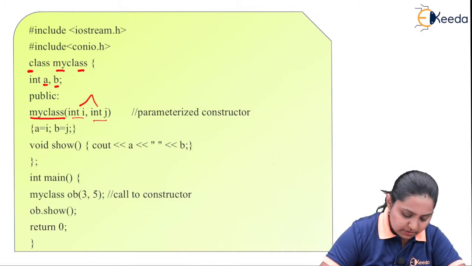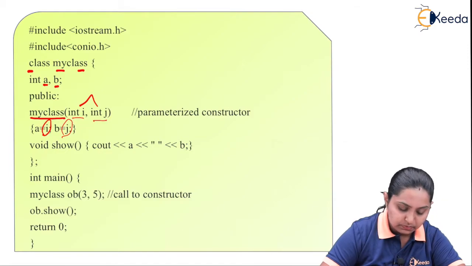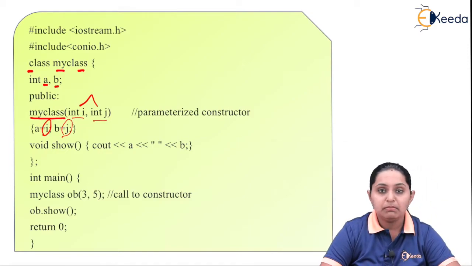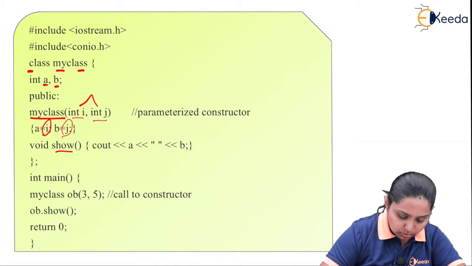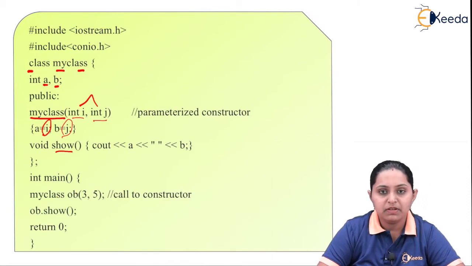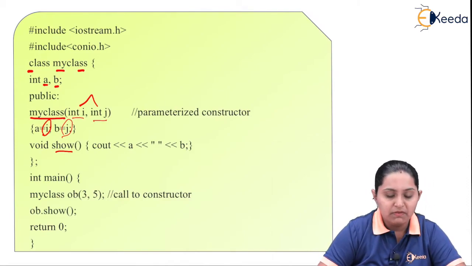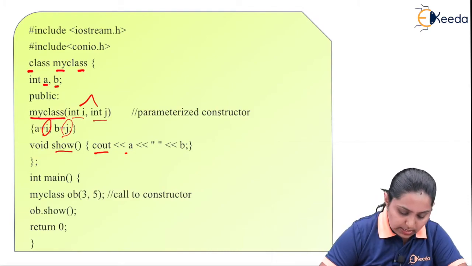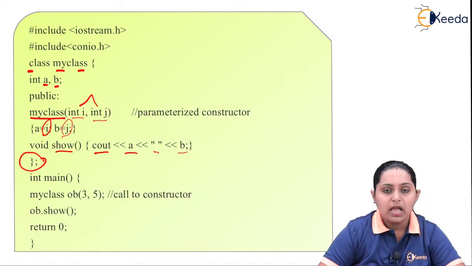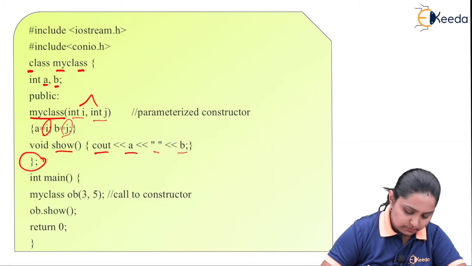Then I am assigning the value of i to a and the value of j to b. Then I am creating one member function, void show. With the help of the show member function, I am just displaying the values as cout a, a space, b, and closing the class. Inside int main,